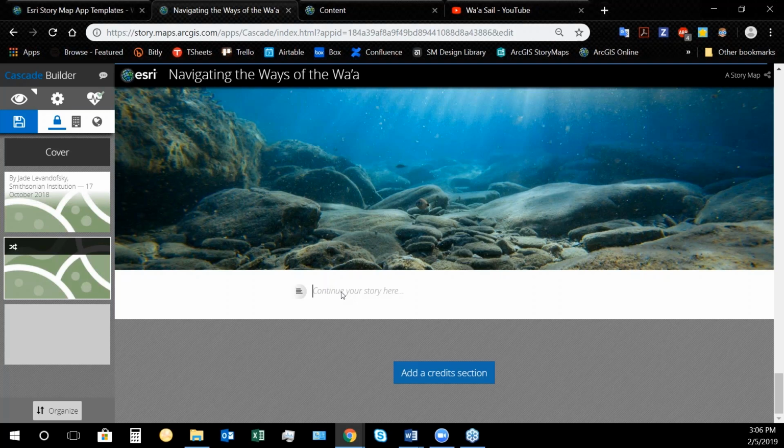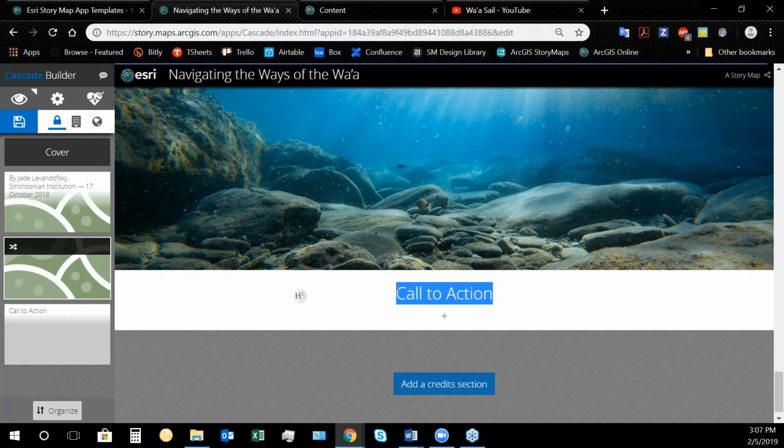And this could be something very simple, such as going and visiting your web page to learn more. It also can be something more proactive, such as get involved, sign up to volunteer, sign up for this newsletter. And a really simple way to do that is to use all the functions I've already shown you. Let's add a little bit of text, but let's make it prominent. Let's make it an H1 and center. And let's add a hyperlink. So I'm just going to send people to the Story Maps website. Once that's added, it's now an active button that people can click.